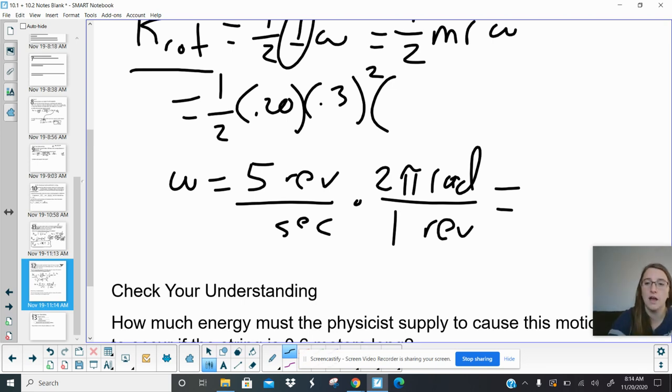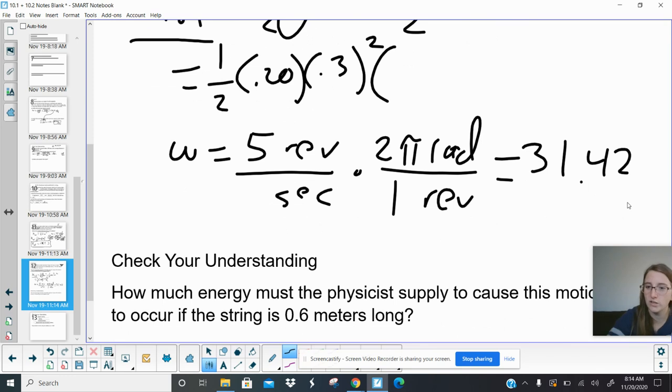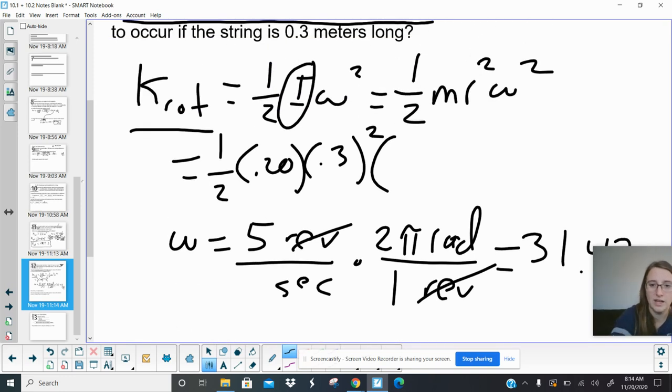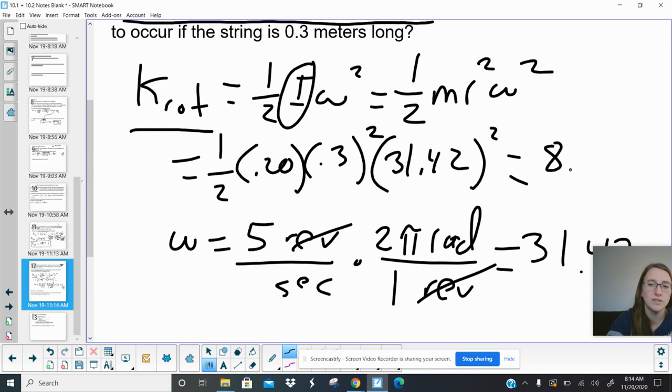So you should have gotten an angular velocity of 31.42, we'll say. That is our angular velocity in radians per second. Okay, so I can go up here now and plug that in, 31.42 squared. So now I just got to plug this all into the calculator. 0.5 times 0.2 times 0.3 squared, be careful with that, times 31.42 squared. Okay, we should get a kinetic energy of 8.88, we'll say,